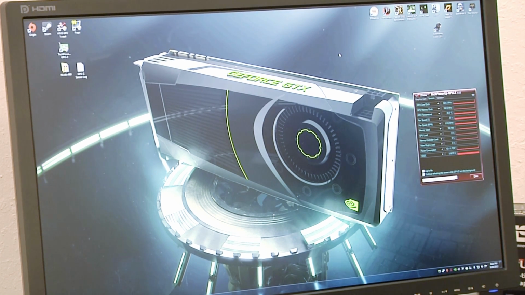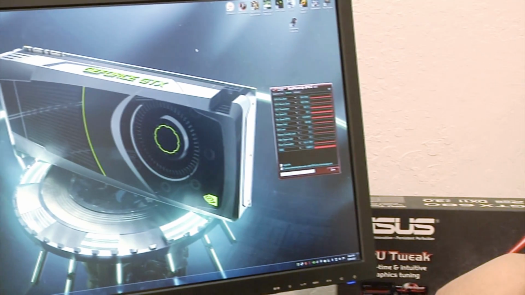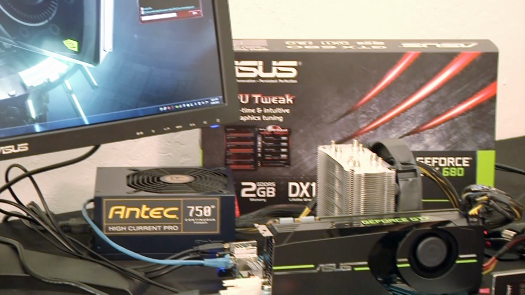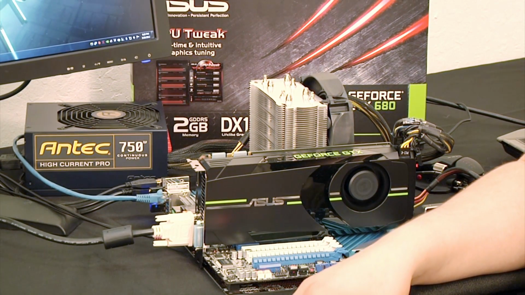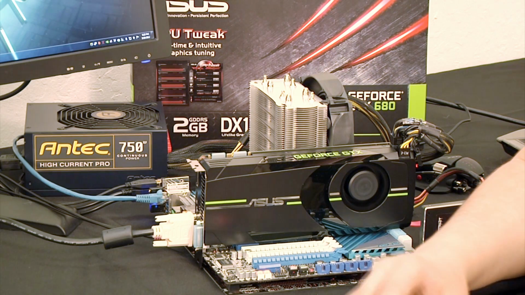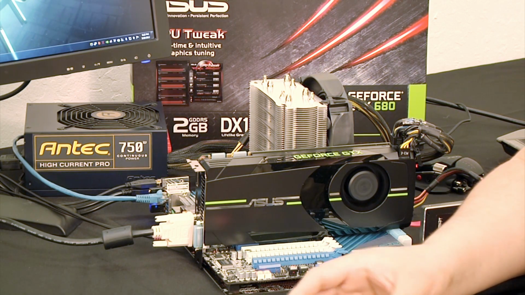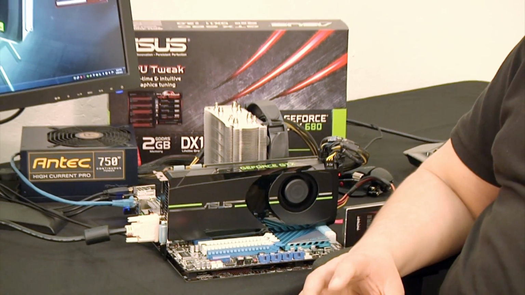One of the really cool things about the card is that there's a new display output configuration that they've designed on here, where you've got essentially 2 dual-link DVI ports, an HDMI port, and a display port. What this is allowing you to have is the flexibility of driving up to 4 panels. The cool thing about being able to drive 4 panels is that it's not just focused at, let's say, productivity,